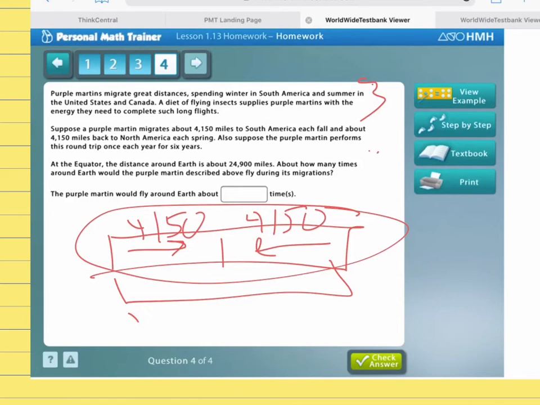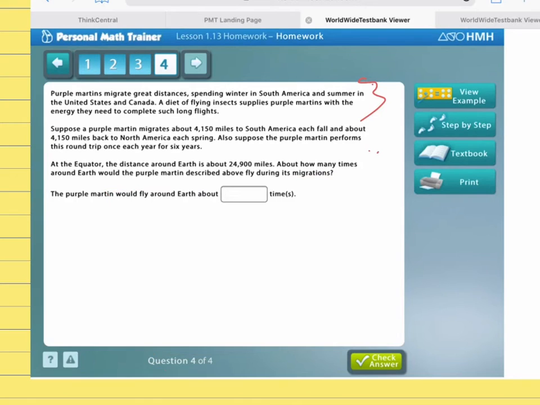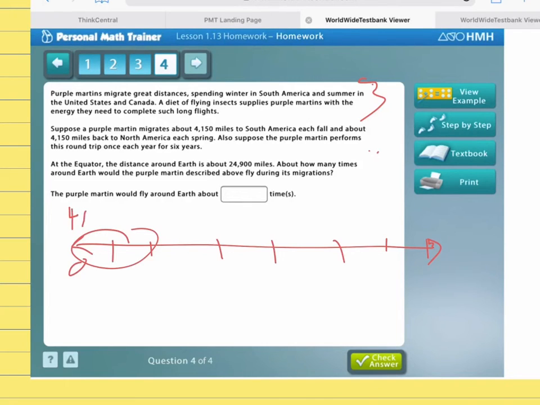So you could draw a model, something like that. You could do a number line to represent each of the 6 years. So it'd be 1 year, 2 year, 3 year, 4 year, 5 year, 6 years, and each one of those would be split into 2 with 4,150 each time. So if we figure out how much they do in 1 year and multiply that times 6, that should give us the total distance. And then on top of that, once we figured that out, they're asking us to compare